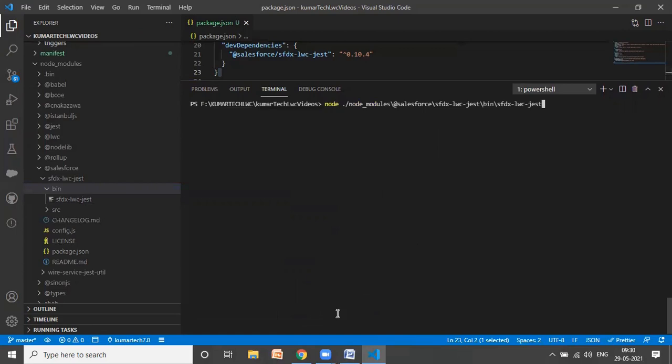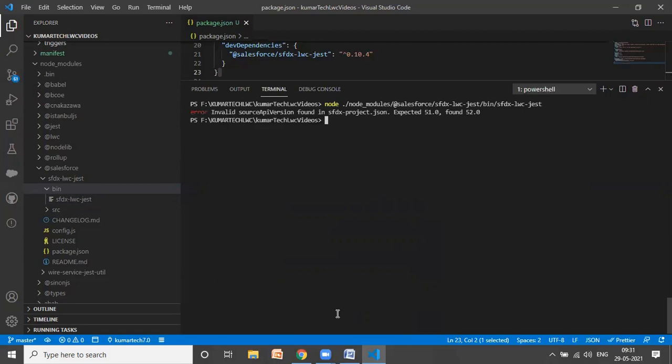Now guys, one important thing: in this path the slash should be reversed, I mean it should be this way. Now when I hit this command, automatically it will start searching for any test file in my system. If it's there, it will execute it. So let me hit enter.